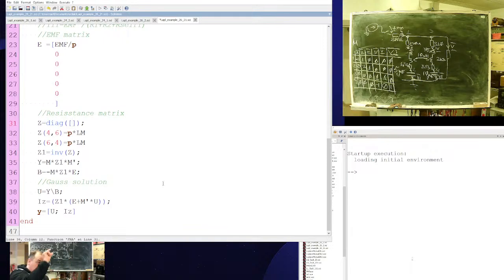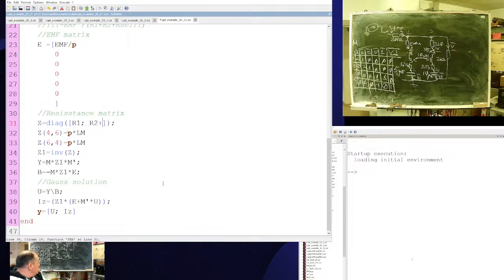And at the main diagonal, the branch's own resistance. For branch 1 the own resistance will be 200 ohms, R1. For branch 2 it will be R2